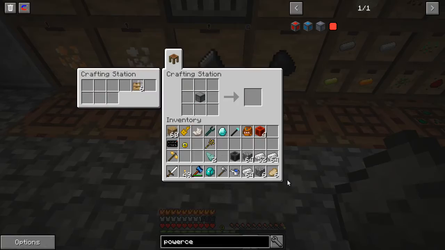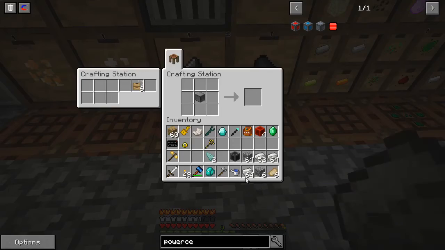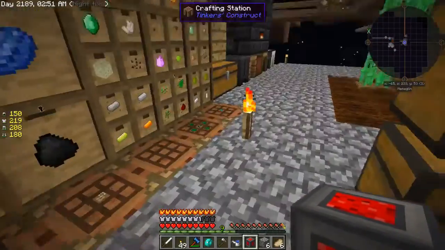What am I missing? Did I not pick up the emerald? Oh, I didn't pick up the emerald. There we go. Now we got an emerald. Sweet. Plus power cell. Cool. All right. So now...